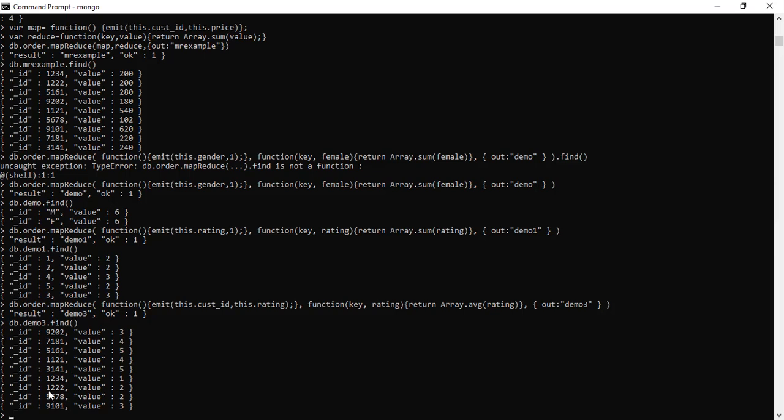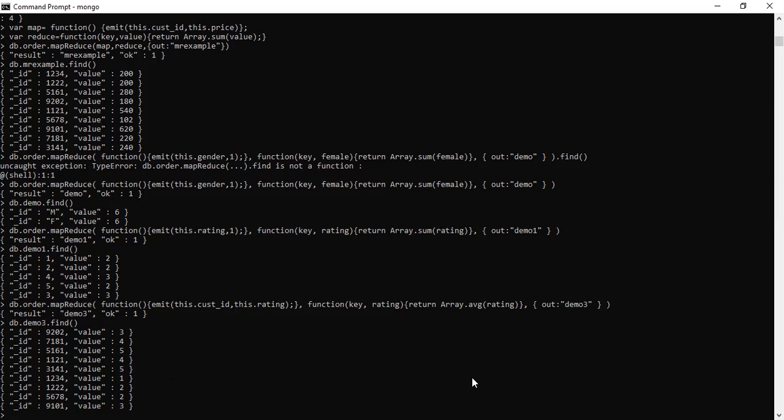Out of this set of output, we can identify the topmost rating for the customer. Here customer 3141 has the topmost rating. That is the use: performance analysis gets performed using the MapReduce functionality, and we can find different kinds of observations through the MapReduce function.